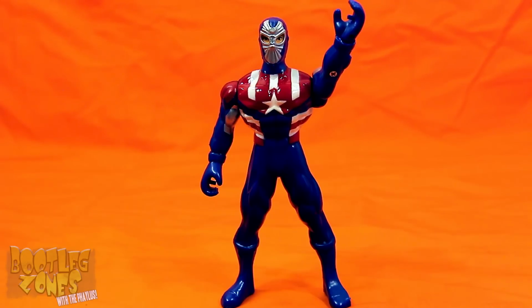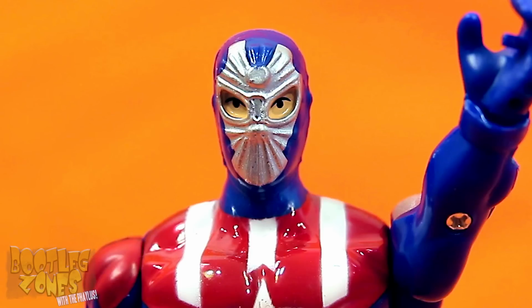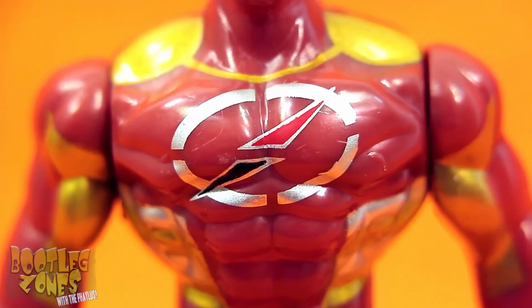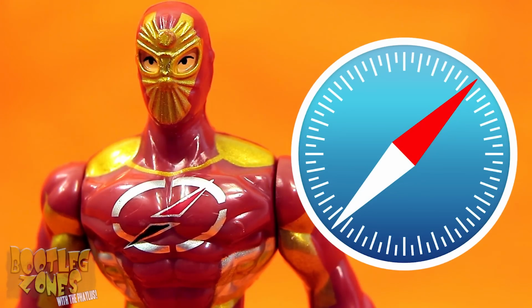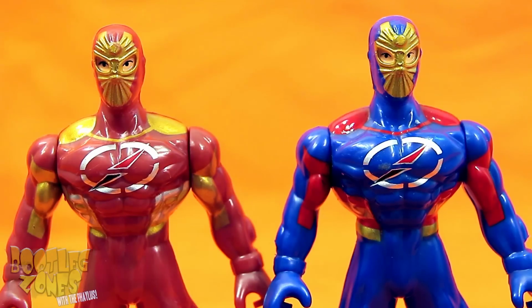Next up, we got Captain America! In his classic luchador or ninja mask. He wore that one in the one you didn't read. You wouldn't know about it. Next is, by the coloring, supposed to be Iron Man, but then there's that logo on his chest, which is clearly the logo for the internet browser Safari. Case closed. Actually, it's the logo for Power Rangers Operation Overdrive,